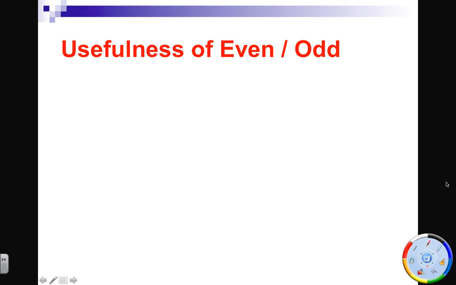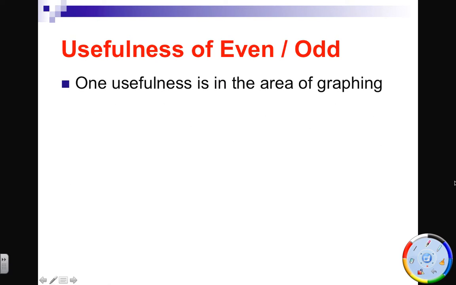And there is a usefulness in even and odd, and it actually comes from graphing. I gave a problem once where I gave this particular function to graph, and I had lots of people get it wrong because they forgot what this meant inside here. This negative represents a reflection across the y-axis, and this pi thirds represented a really weird phase shift that people didn't realize. And the way I'm going to do this is I'm going to think about even and odd,